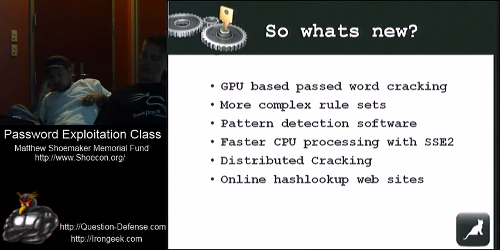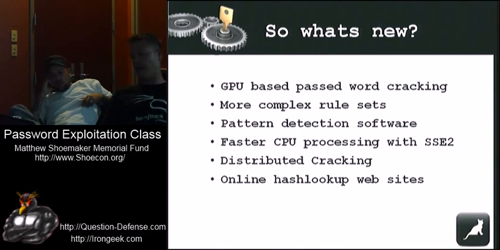So some of the new stuff in password cracking, as I'm sure some people are aware, is GPU-based password cracking, which is utilizing the GPU cores to crack passwords. The reason that works is because password cracking, the more threads it has, the more it can do. So if you have one core, you can have one thread. If you have 4 cores, you can have 4 threads. If you have SSE2 code, you can have 8 threads. If you have, for example, an NVIDIA 295 GTX, which has 160 cores, you can have 160 threads going on. So you can kind of do the math there, and we're going to attempt to show that off in a minute.